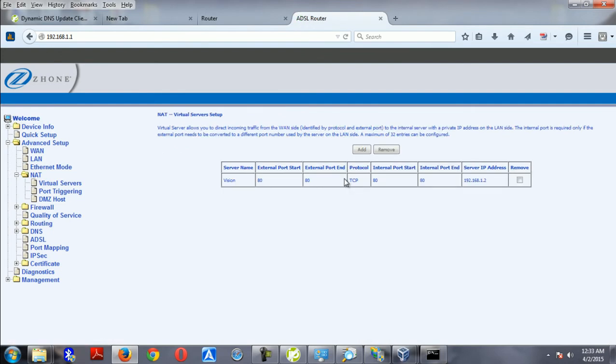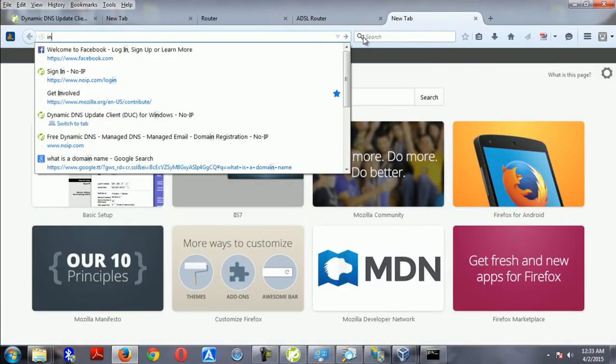But this here will also be the port that will forward the information from the external part of the internet, which is people who may be trying to log on to my web server. They will have to come through this port. Now the problem with that, I will show you infotech